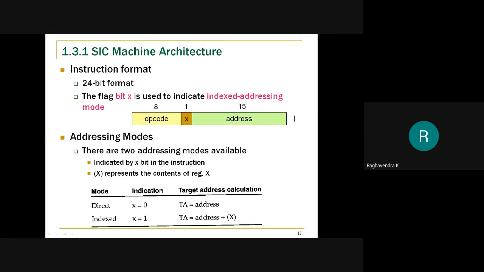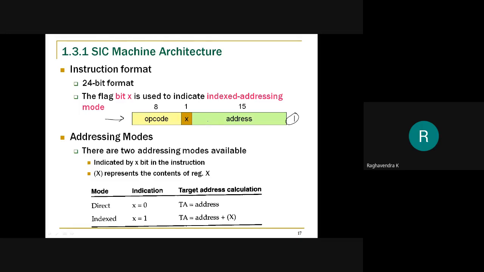There's only one instruction format that you're supposed to follow. No matter what you want to do on this SIC standard model, this is the only way to do it. Like the general example I mentioned: if you want to get a pakka permission from the HOD, there are other ways also. For example, orally you can go and get the permission, or you may not get the permission also. That's also possible.